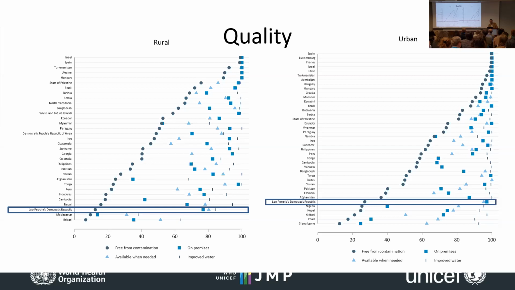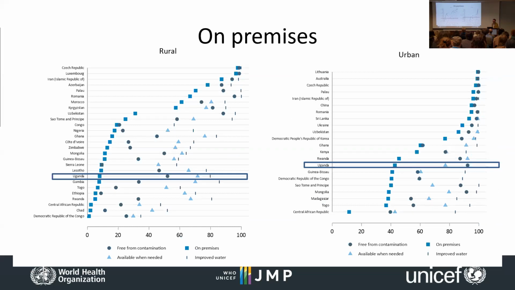Second, which countries are limited by on-premises? Here we've got 27 rural countries and 22 urban countries or settings in those countries. Here, a very different picture. We see big challenges for water on premises in African countries, sub-Saharan African countries. And this curve really drops off. So in rural, but also in urban areas, a lot of countries in sub-Saharan Africa have water that's relatively free from contamination, but it's not located on premises. So this makes sense if you think about boreholes or protected water supplies that are communal water points and people have to bring water into the home.